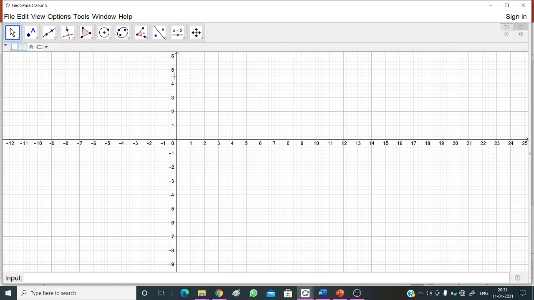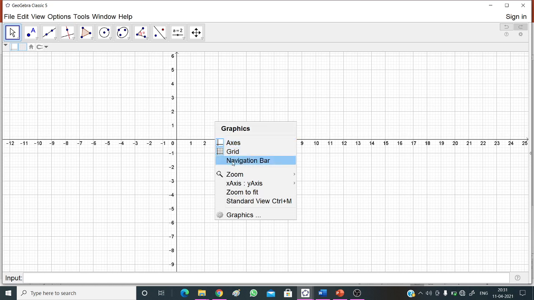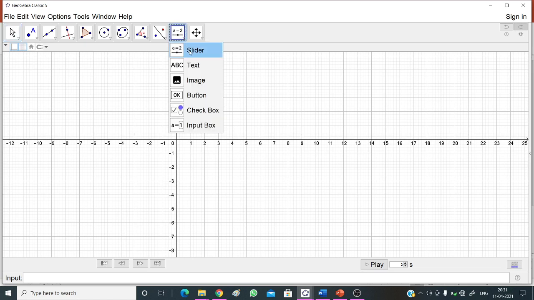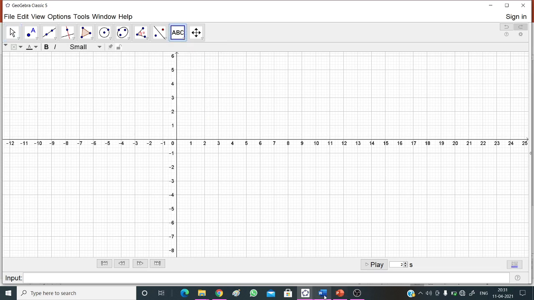One more thing: in the GeoGebra file you can play after completing the worksheet. For this, use the navigation bar. Now let us start from the text.